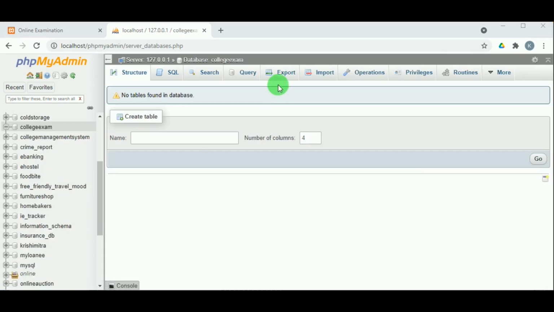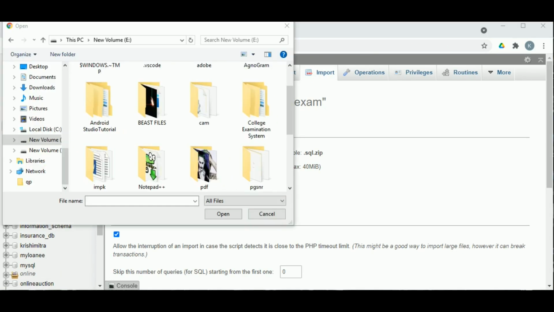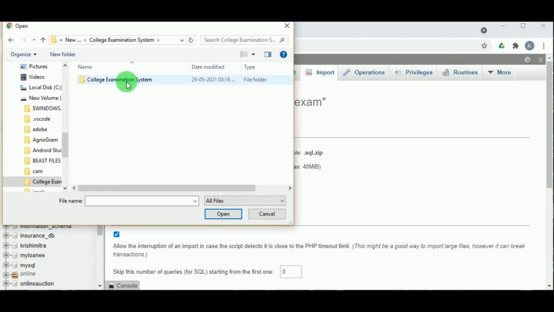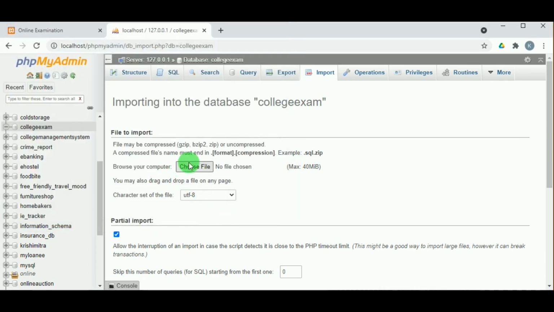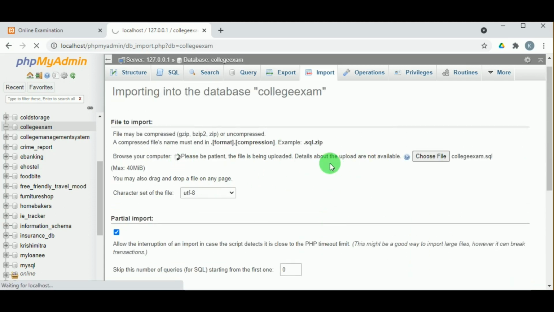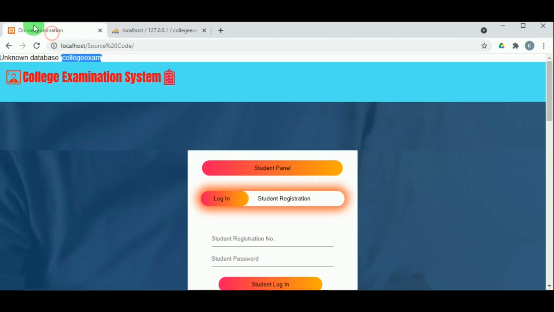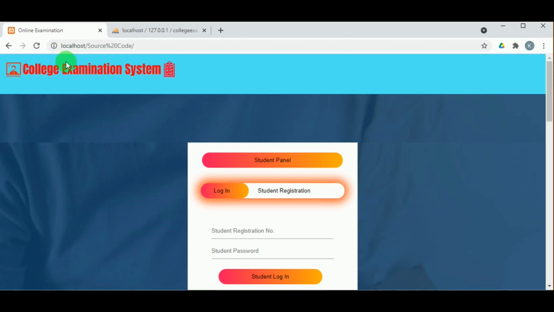Remember the database name must be same as the database folder what we have got. So click on import and let us import the database. So database is present in the College Examination System folder inside the database folder, that is the SQL file college exam. So once the file is uploaded, click on go for that to get imported. So this will take some time. Wait in patience. So once it is imported, you can see all the tables present in the database, that is there are 8 tables. So now let us refresh the project and we can see there is no error in